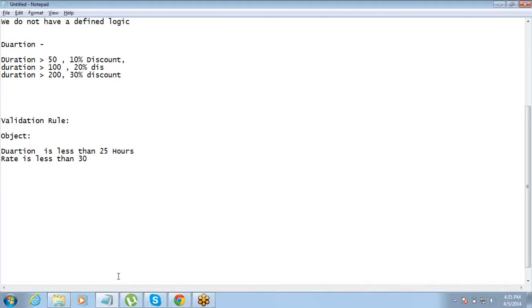So if the duration is less than 20 and the rate is less than 100, then they will not take it. So the minimum rate for a project which has less than 20 hours of duration should be $100. That is what they are saying.